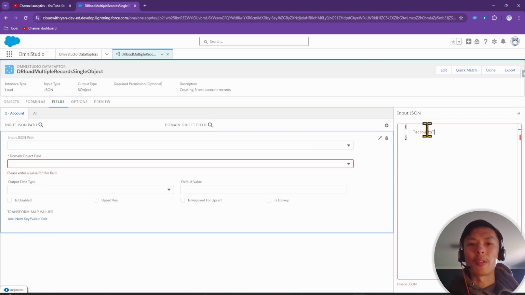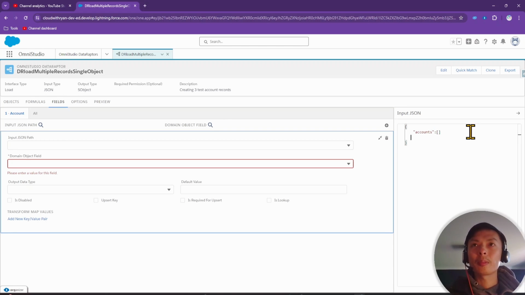We can call it whatever we like, but to follow good practice, it's good to call it something that resembles the object that you are trying to create. Since we'll be creating multiple accounts, we'll need an array, which is shown by the square brackets. Inside the array, we'll be creating 3